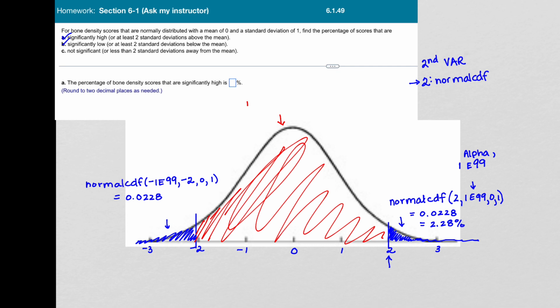So this would be normal CDF, and we're going from a lower bound of -2 to an upper bound of +2, and then mean is 0 and standard deviation is 1. And this gives us 0.9545, which would be